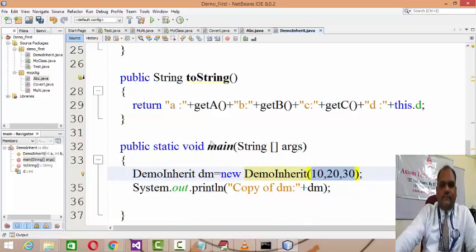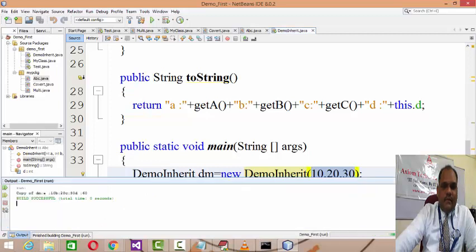Okay, run this file. It will take some time to load. Okay, now here it is, right? The answer is the copy of dm equals A is 10, B is 20, and C is 30, and D is 60 over there.